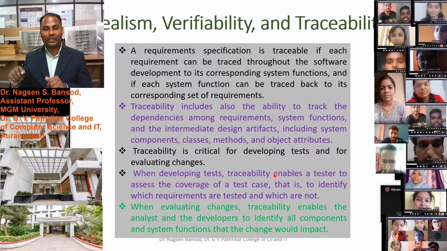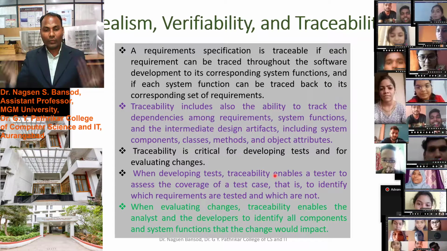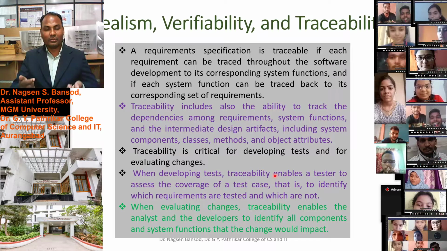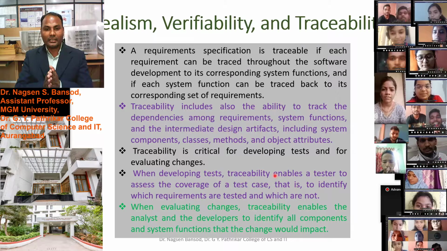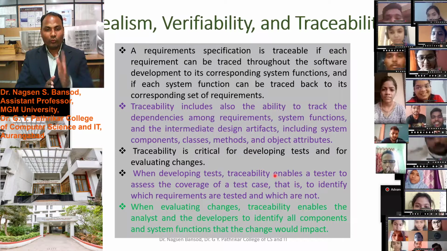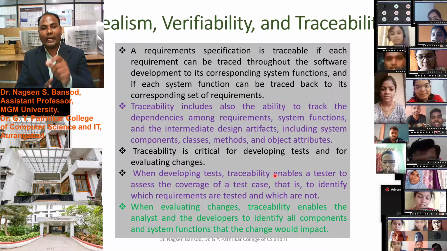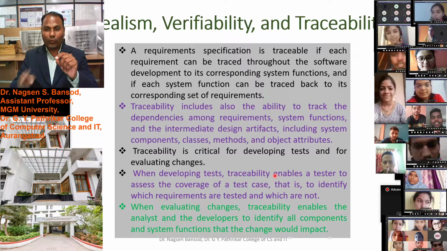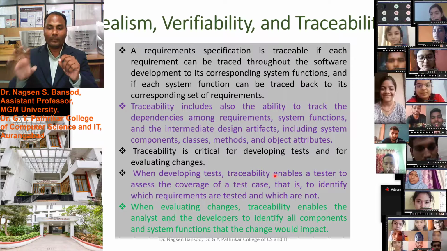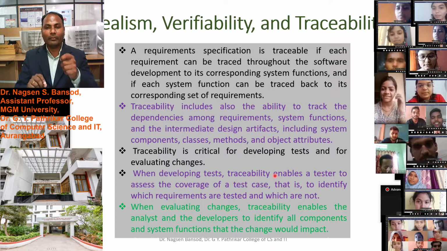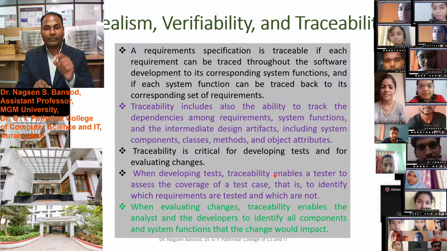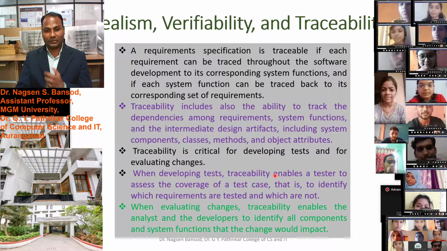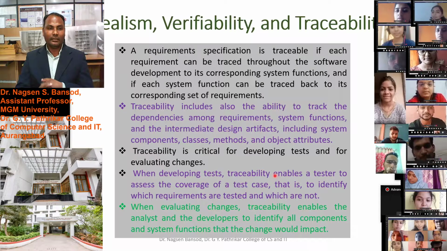Similarly, when we are implementing the software and our engineers are working on the implementation part, at that time also we will be able to find the fault. If anybody is not doing proper coding for a particular function, we will be able to find that if we maintain the traceability during the requirement specification. Is it understood?